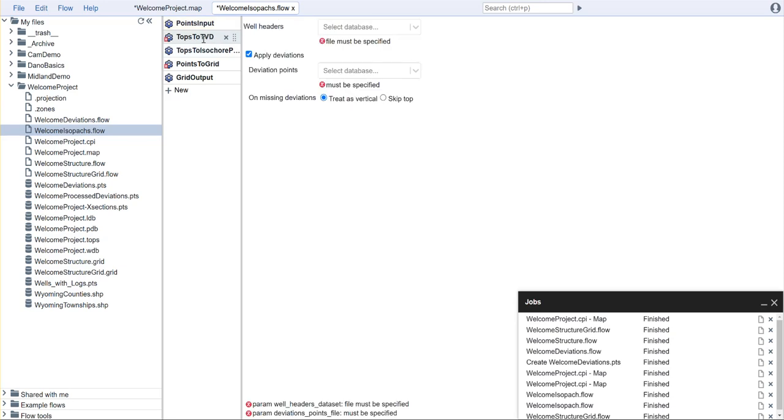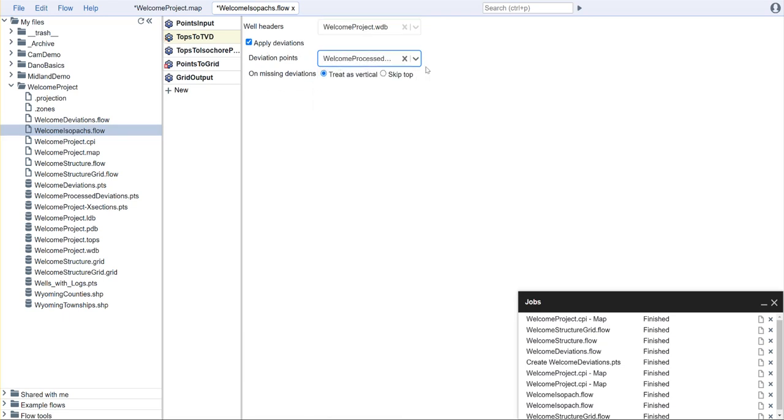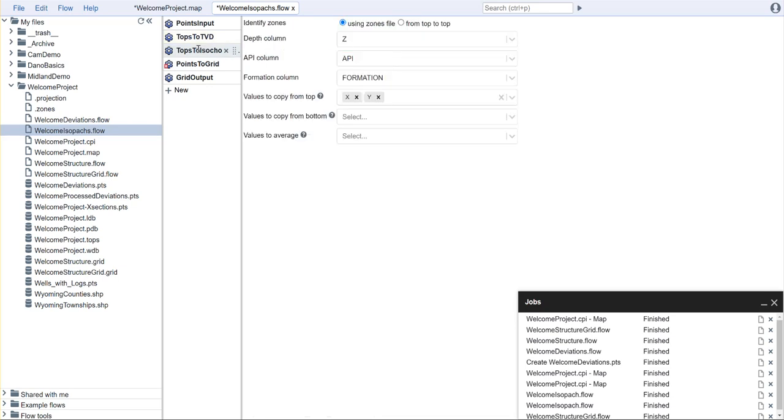In tops to TVD, very similar to what we did in the previous two videos, we're going to select our well headers, and we're going to select our process deviations. Once we've done that, we'll come to our tops to isocore points, and you'll see that it asks us to identify the zones. Do we want to go top to top, or do we want to use the zones file? We're going to use the zones file, and then we just need to match the columns. Our depth column is Z, our API column is API, our formations are